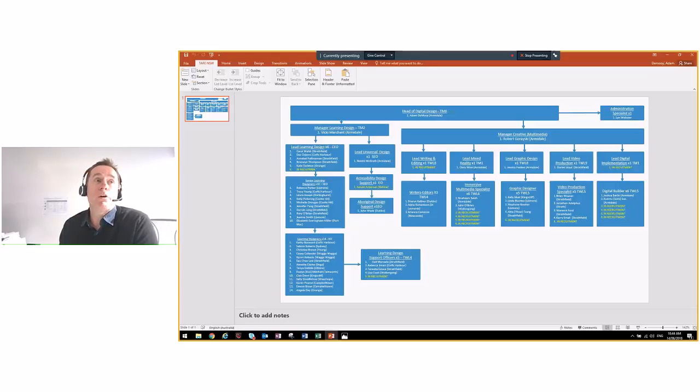From left to right, the writing and editing team, which is a lead and 3 writers. The primary remit of that team is to make our content less wordy and academic and much more readable, improve the student experience of our content, and also help us pick up typos and grammatical and structural errors.